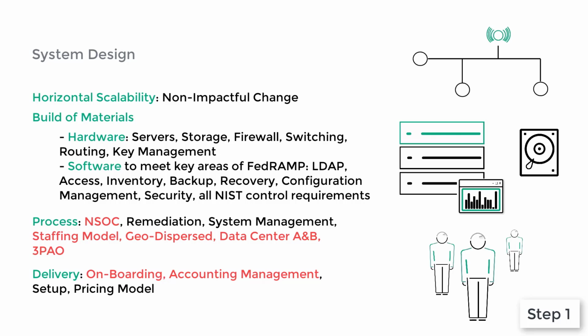And then the last thing that you really should consider in your system design is how you're going to deliver this service. What accounting program are you going to use? How are you going to onboard new virtual machines and new requirements from users? How are you going to allow them to do self-provisioning or restrict some forms of self-provisioning? How are you going to set the pricing model up? How are you going to resell this service, especially in a FedRAMP environment? The objective is to resell this service to somebody else. All of these things become critical design criteria that are included in the system design that you need to consider before taking the step down the FedRAMP road.